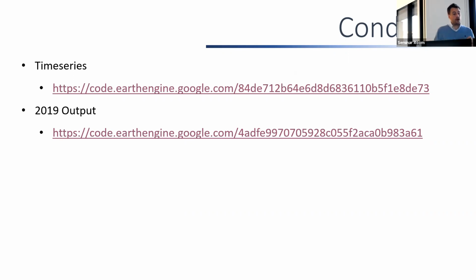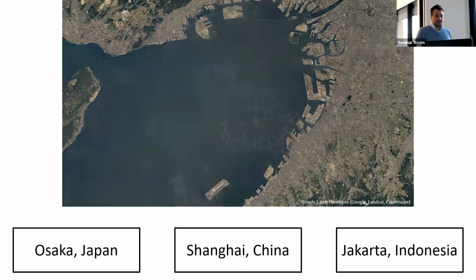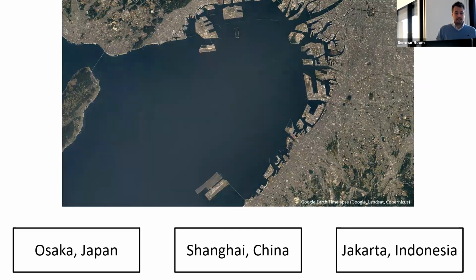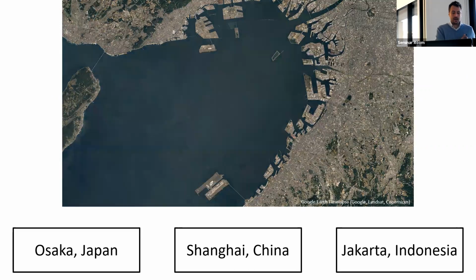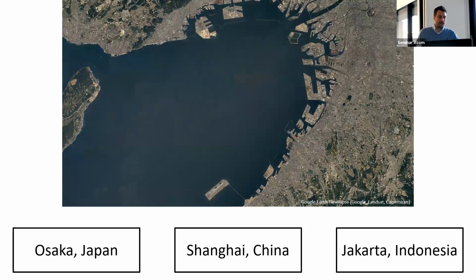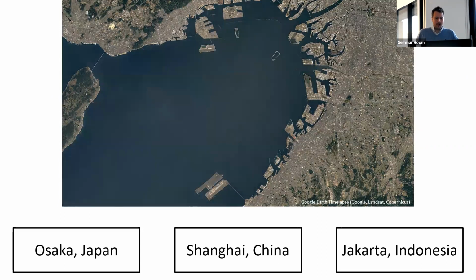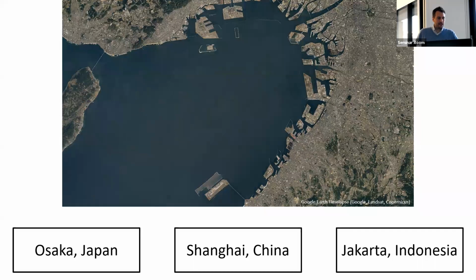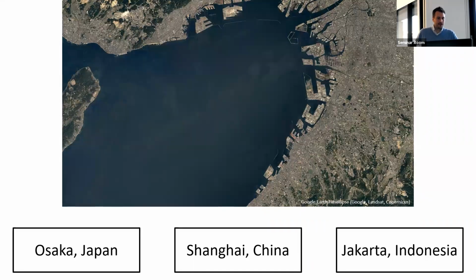So what I'm going to do is show 4 videos of locations from around the world. And if anyone wants to suggest which of the 3 cities that I put down at the bottom I'm showing, just either put your hands up or just unmute yourself and shout out. So, is this map of Osaka in Japan, Shanghai in China, or Jakarta in Indonesia? Does anyone want to have a go? I want to go with Osaka, Japan.